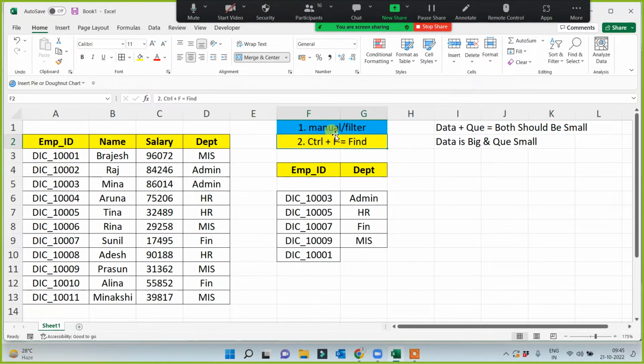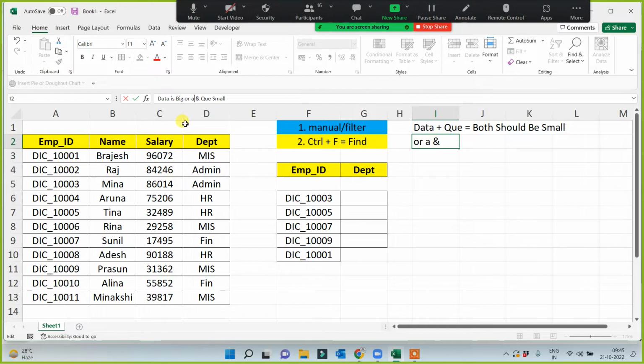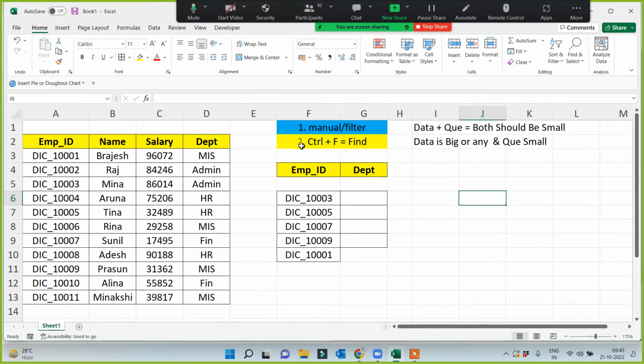So in the first logic, if you are doing filter or manual kind of thing, then the data should be very small. Even the question should be very small. If the data is bigger, or any size, big or small, even then you can use Control plus F, but the question should